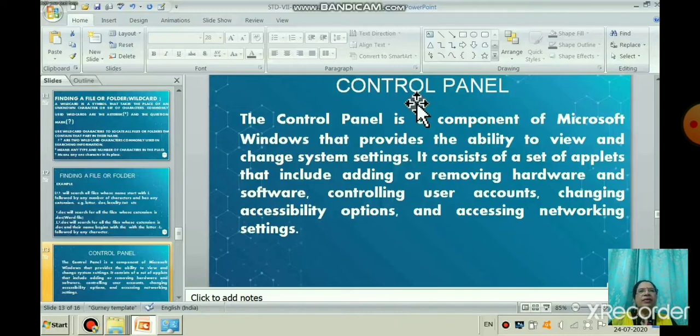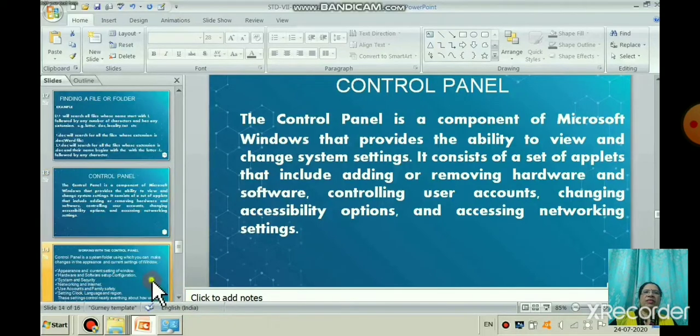Additional applets are also provided by third parties, such as audio and video drivers, extra input devices and networking tools. Because the Control Panel has so many tools, Microsoft added a search box to make it easy for you to find the tools.